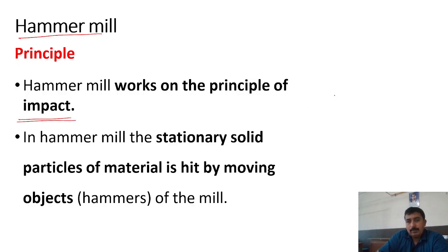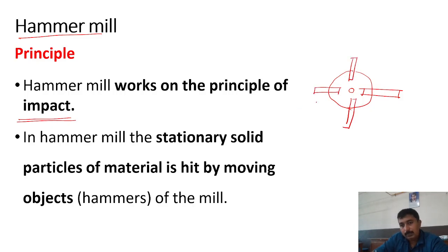So the hammer mill, as the name suggests, consists of hammers, and these hammers are connected to a central rotating shaft. This central rotating shaft, which is also known as the rotor, is connected with different hammers like this. These hammers are made up of stainless steel. Likewise hammers are present, and the hammers are available in different shapes again. So this hammer rotates